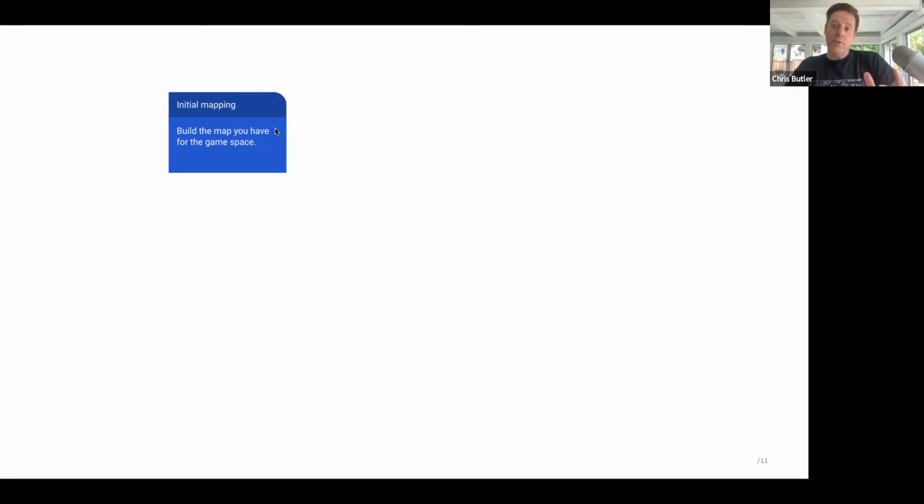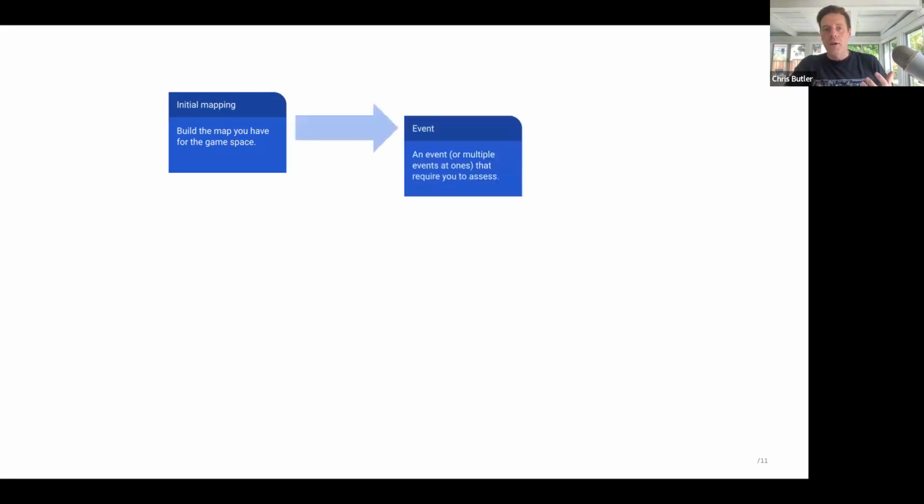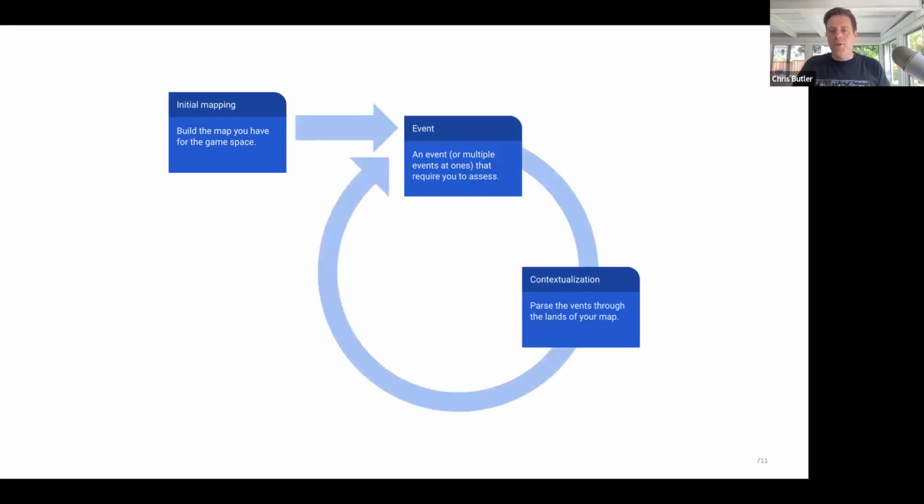So you create the start map, right? And what we're going to use for this initial mapping is really Wardley Maps. Then we're going to take some type of event, and I'll talk about what types of events I like to play with in these types of games, that would require you to actually assess how your current map fares with that event taking place. You then start to contextualize that, right? What does that mean for, say, our strategy? How would we want to change what we're doing right now? What does this mean overall for what we want to now do in the future in some way? And then finally, doing some type of update to your map.